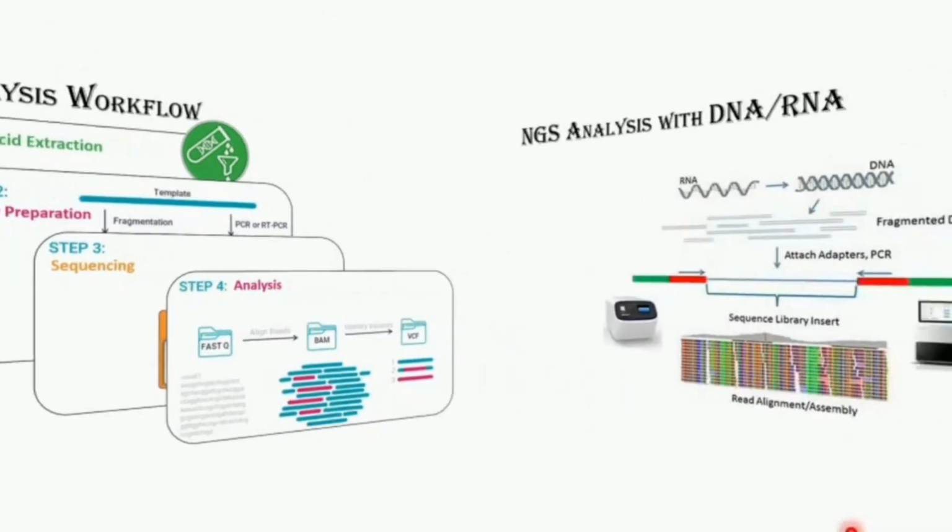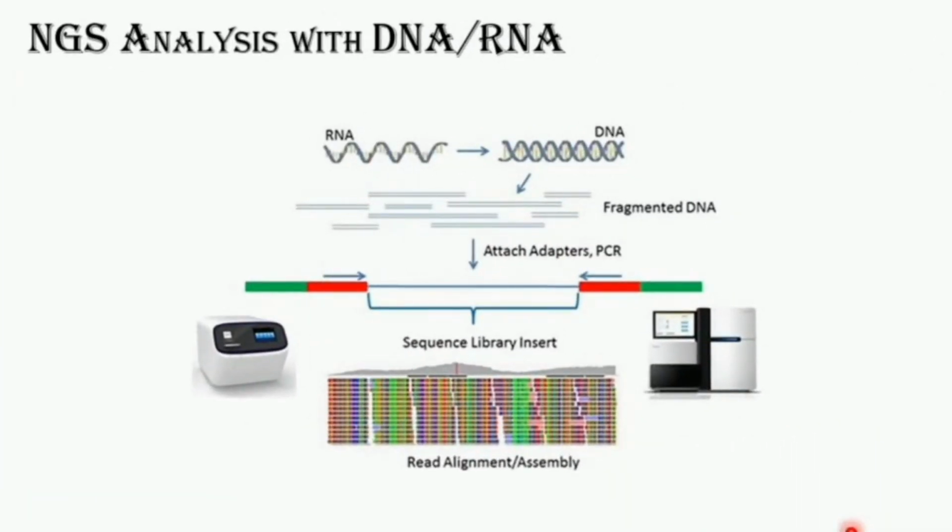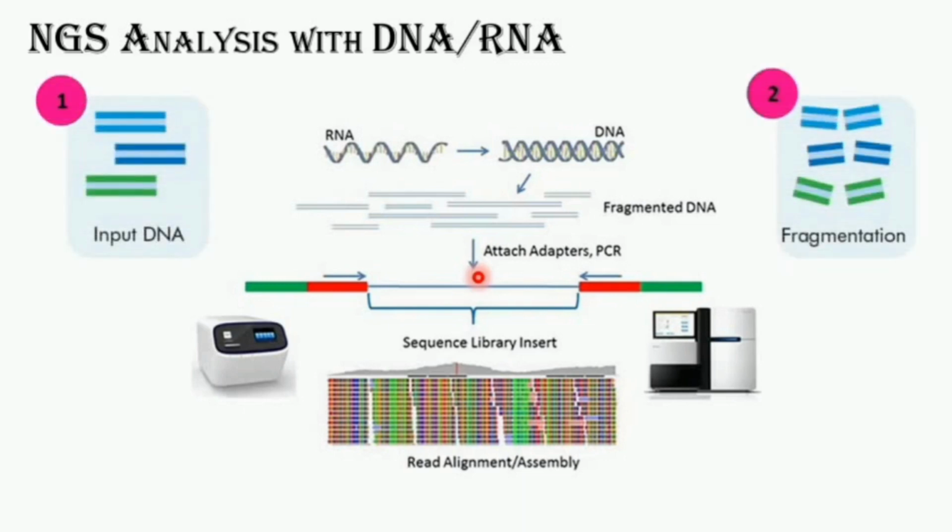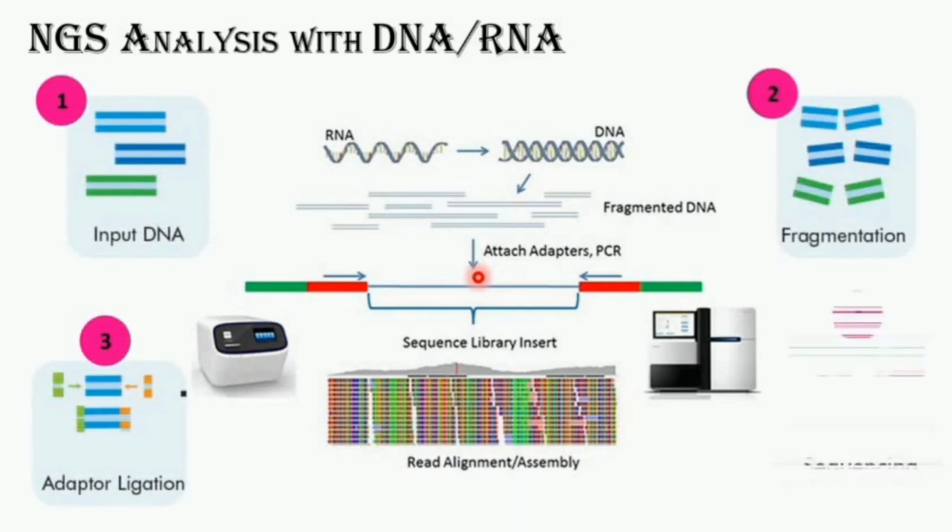Sample. Next is when we talk about DNA or RNA sequencing. There is a common approach: first we extract the samples, then we get the fragmented DNA, attach the adapters, and then provide it to sequencers. So the first step is to input your DNA, second fragment it, third add the adapters, and then provide it